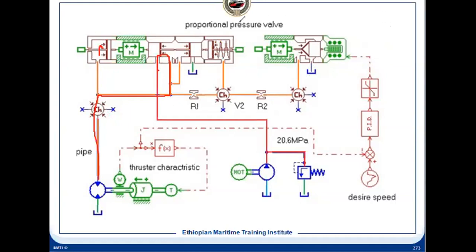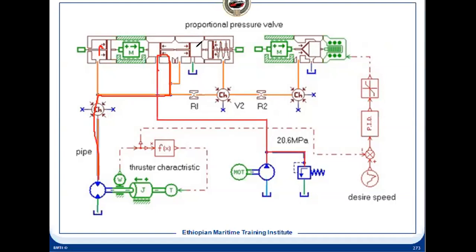What does it mean? It is actually throttling. It's not a two-position valve. A direction control valve is a two-position valve. That's why, if you have a direction control valve, the motion is jerky. The actuator motion will be jerky. It will stop suddenly, because it opens and then stops again. That's why we use the proportional control valve, where we can control the flow because it will throttle.